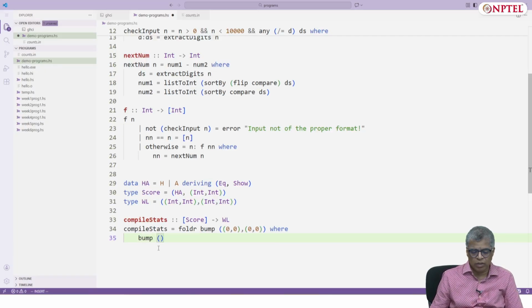Where bump, I have the home away status and then the score, the score of my own score and the opponent score. My score, opponent score.